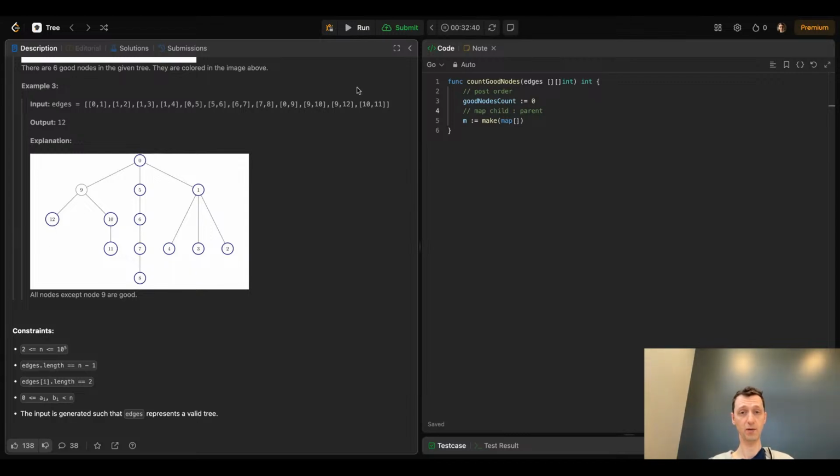Like this 12 is a leaf, and we could start with the leaves. We know their size is 1. We count the leaves, and it's pretty obvious. Then from the leaves, we will go to their parent,